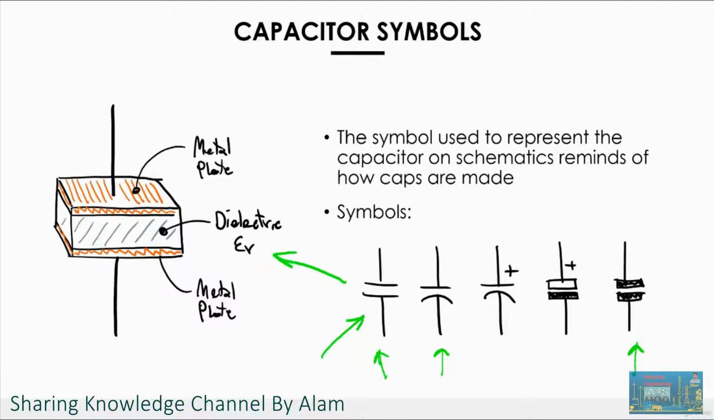The only two symbols that are really significantly different are these two in the middle. The symbol contains a plus sign here, and in the case of this one, we also have one of the two plates with a different color, a different filling. In this case, the plus is not me trying to represent a positive charge accumulated, but this symbol is meant to indicate that the component needs to be mounted with a certain orientation, meaning that the way this capacitor